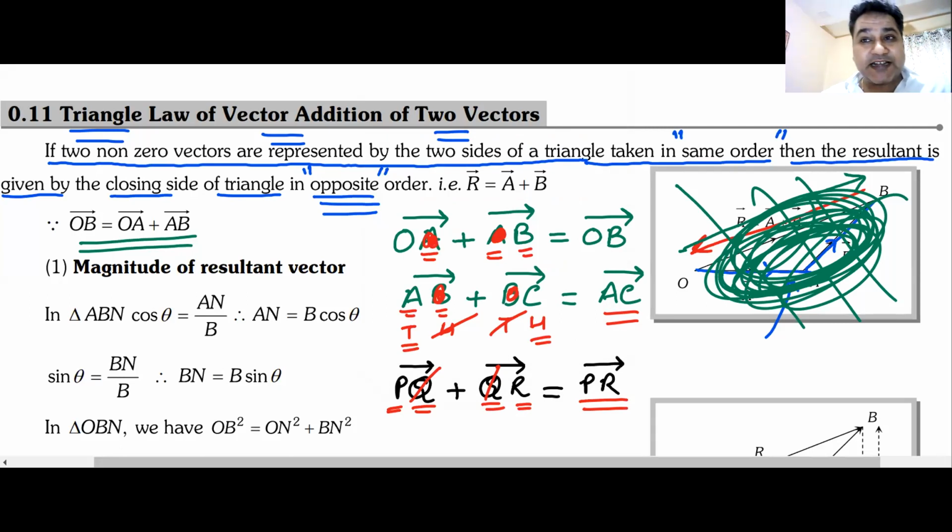Great. We understand this. This is the triangular law of vector addition in very simple terms. Now let me also draw it once and make you understand it in a better way. If I had to draw it, I'll draw some things, and then I will look for an answer. So everyone sees this, right?